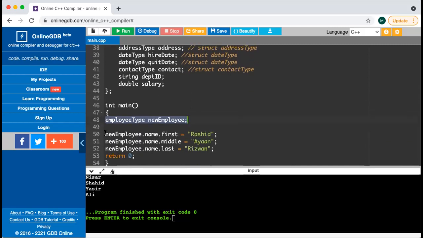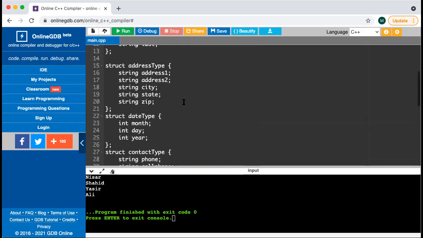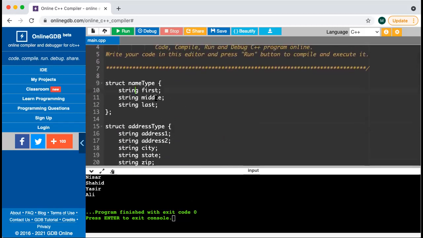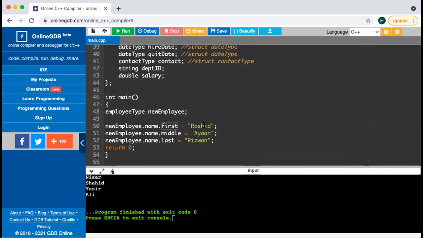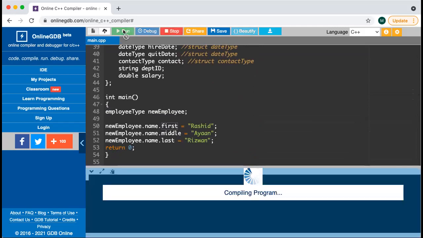which will take me to the employee structure, which is employee type. Dot name will take me to this structure, and then dot first will take me to the first variable. So this would be new employee dot name dot first, and then I can write the name, which is, let's say, Rashid. अगर middle name भी डालना है तो यार Yan or Rizwan or whatever are available. ठीक है,